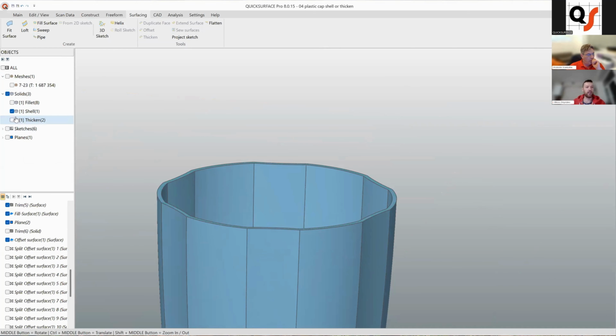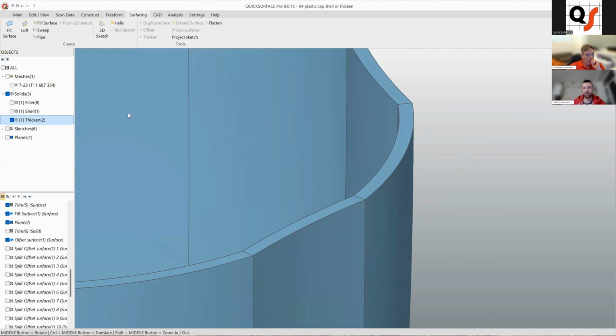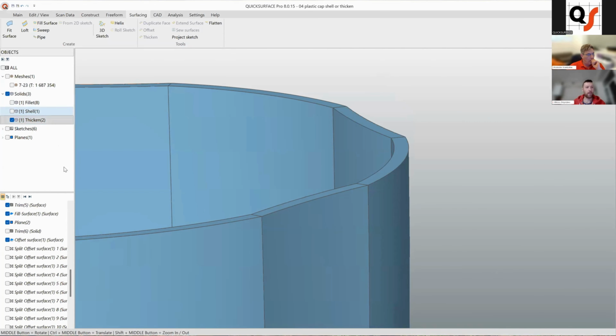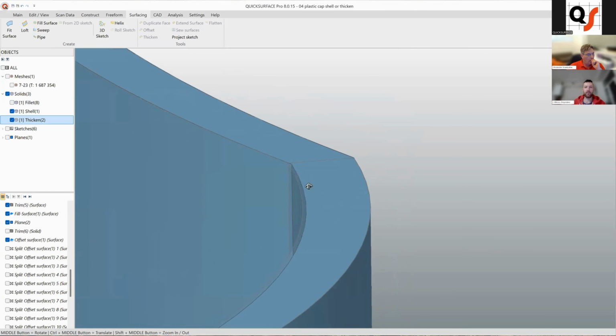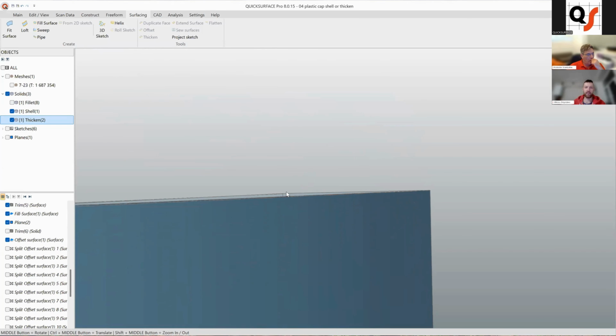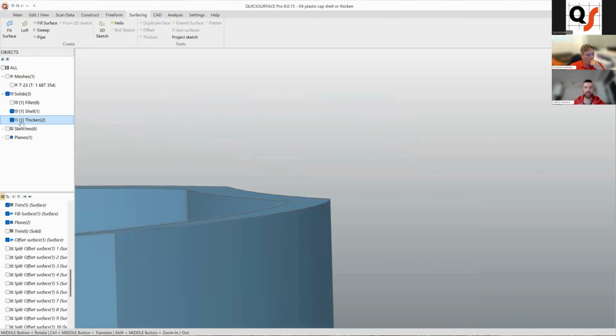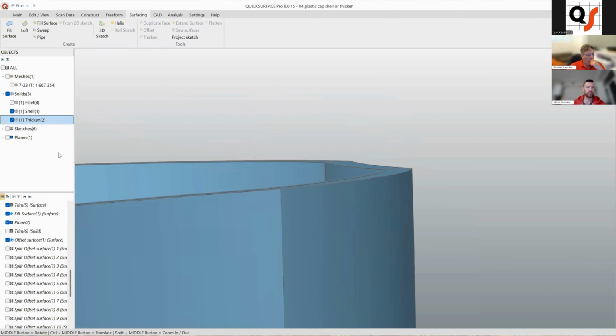And if you look at thicken, here you can see some weird lines that are splitting our faces. If we come over to this view, you can actually see that thicken isn't the same flat as the shell, which had a flat surface in this region. So the reason for that is